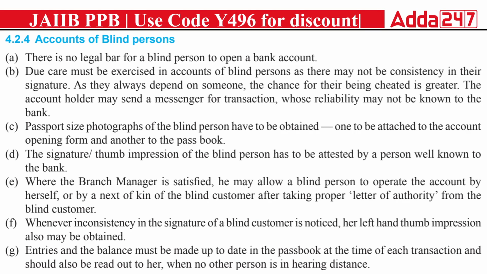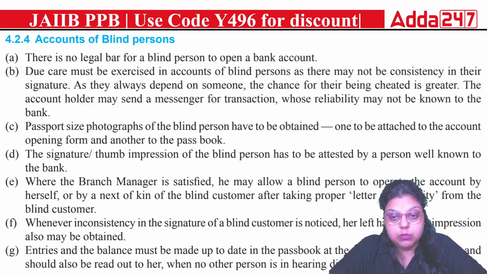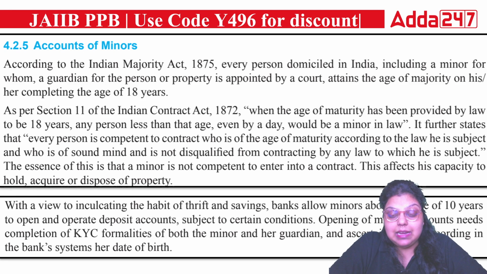Next is, whenever inconsistency in the signature of a blind customer is noticed, her left thumb impression has to be taken. Also, the entries and balance must be made up to date in the passbook at the time of each transaction and should be read out to the blind person when no other person is within hearing distance. Then you have to tell them orally also that this is the remaining balance